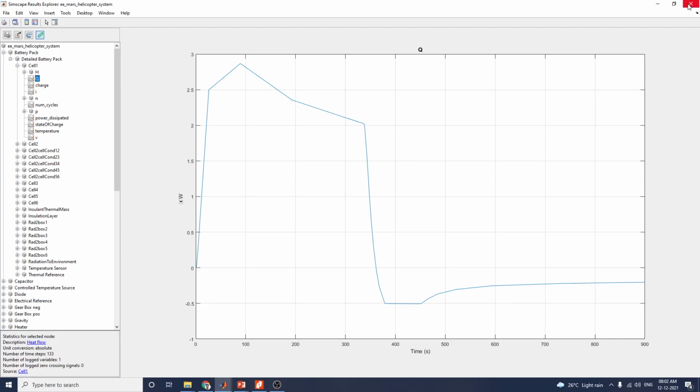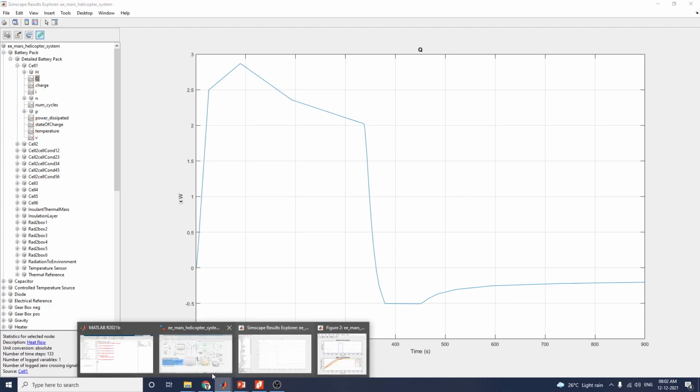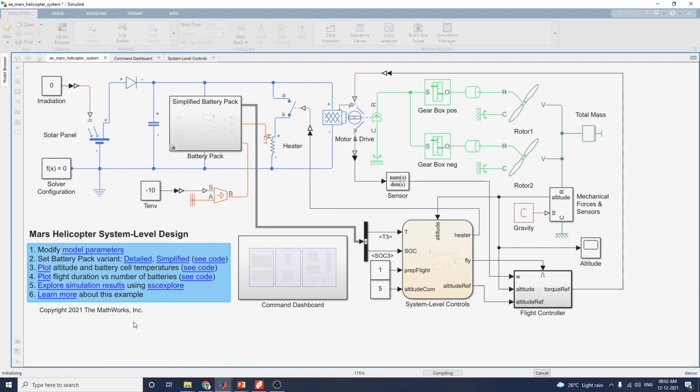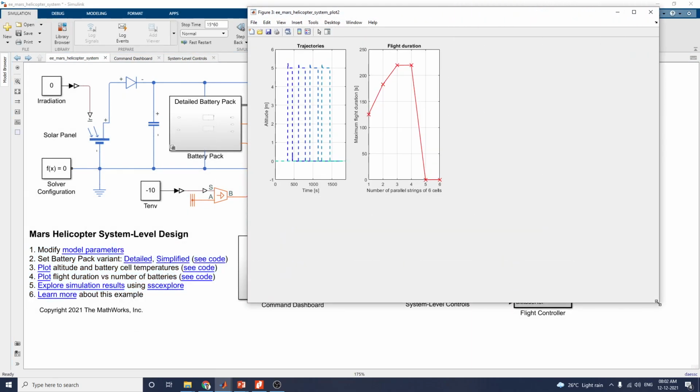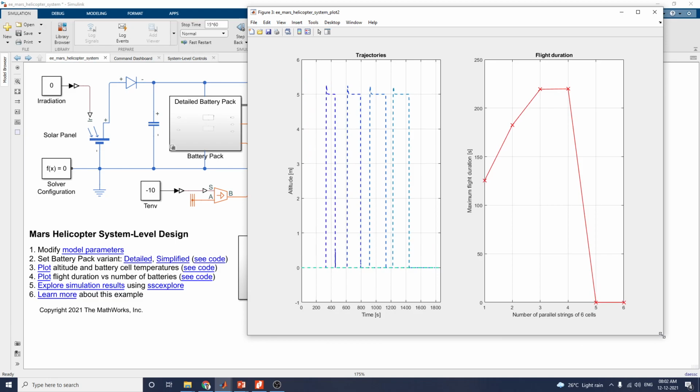Also, in parallel we can run this Simscape Results Explorer, so that it can include the output plots for the simulation result. Now it is showing. The graph shows the trajectories versus flight durations, flight duration versus number of batteries plot, flight duration versus number of